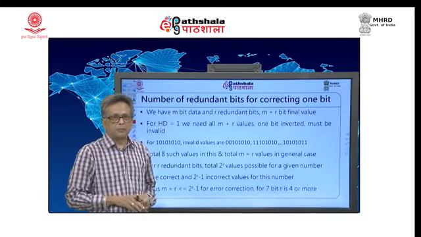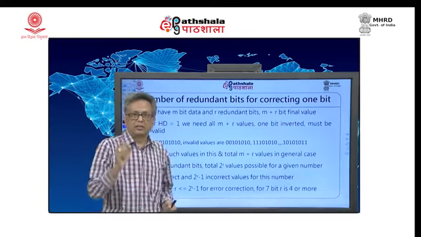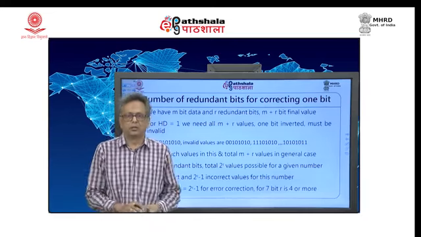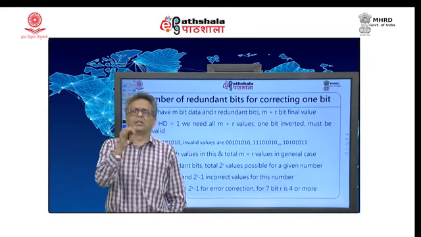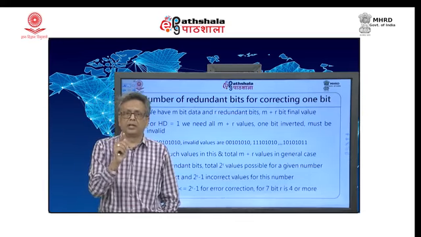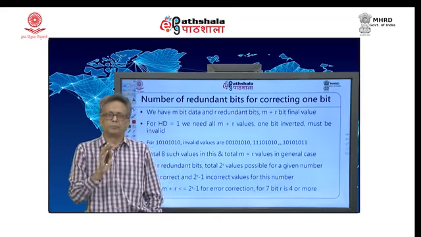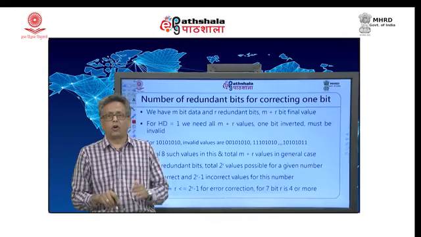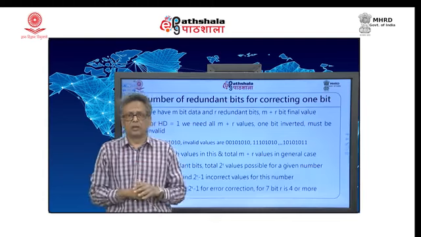Now, the point is, what I want is that if there is 1 bit error in the data, I should be able to correct. Okay. So, for that at least I should know that that number is invalid, that is the first and very important thing. And if I know that the number is invalid, what I can do is I can find out which bit is inverted based on some other calculation. So, first thing first, 1 bit error, if I want to catch 1 bit error, all numbers which have 1 Hamming distance away from this number must be invalid.